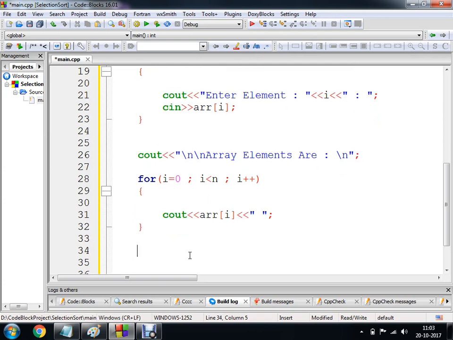Now after that I'm going to implement a business logic for our selection sort. Okay, so here I'm going to make use of a cout statement.